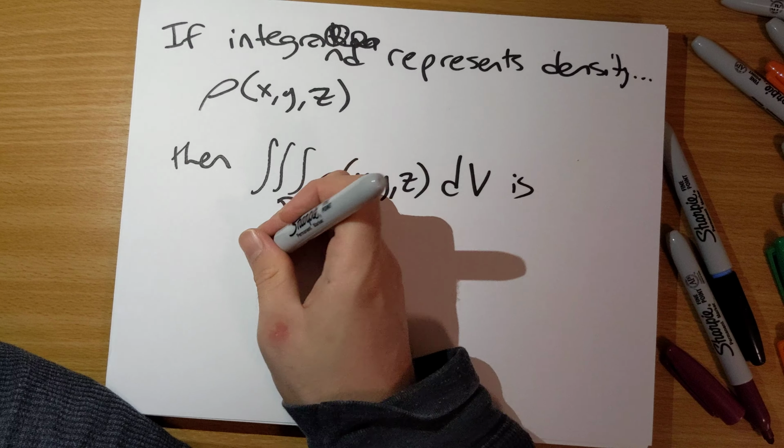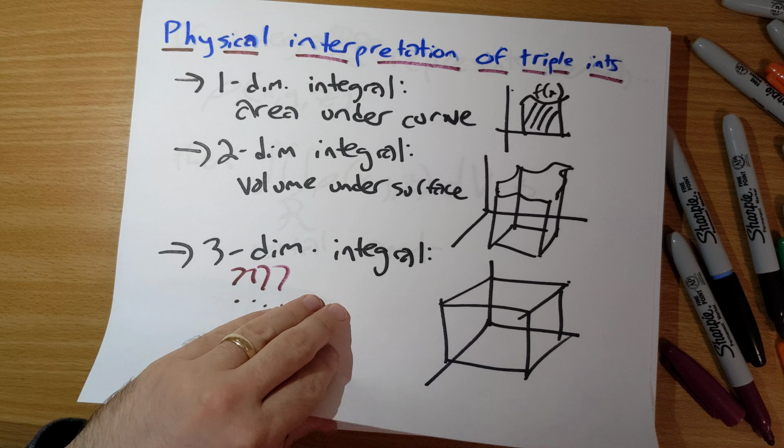So this is about as much as we can say. It's a little bit unsatisfying to not be able to give as strong a physical interpretation of triple integrals as we could for double integrals, but we're human beings. We just can't visualize 4 dimensions as well as we can 2 or 3 dimensions. However, it is worth saying here that